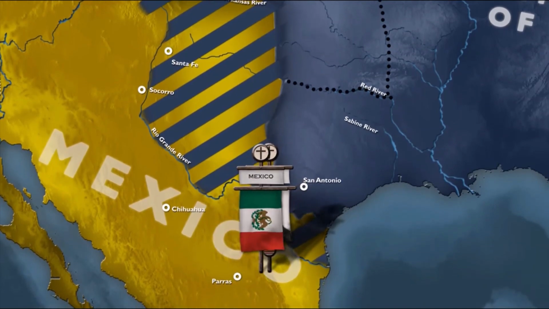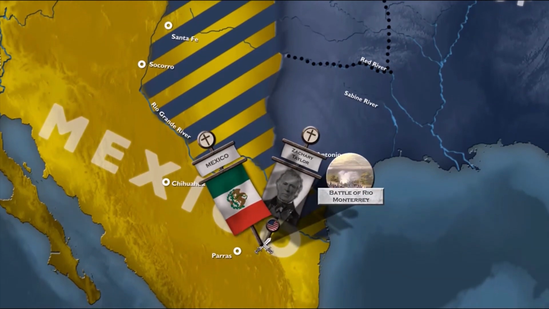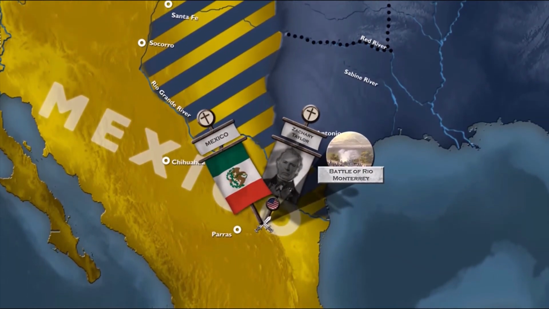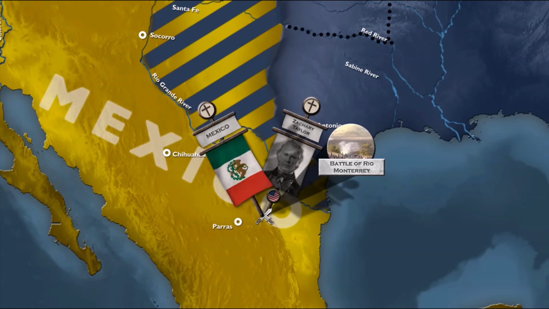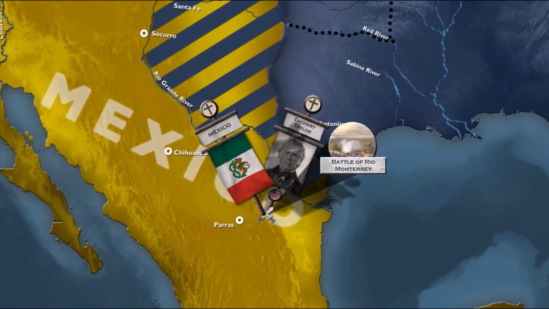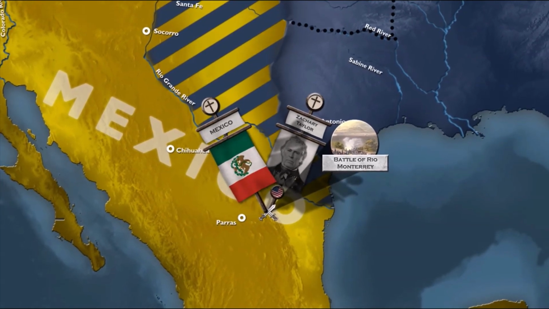American soldiers were not familiar with urban warfare. They marched straight down the open streets and were caught by surprise by well-hidden Mexican defenders. Even though the Mexicans repulsed the Americans, General Taylor created an eight-week armistice with the Mexican army, allowing them to evacuate in return for the surrender of the city. Under pressure from Washington, Taylor broke the armistice and occupied the city of Saltillo on February 22, 1847. Santa Anna personally marched north to fight General Taylor with 20,000 men.